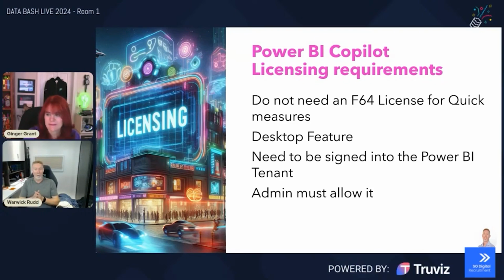The other thing we need to point out is that to access Copilot, you need to have your administrator whitelist your access to the environment inside of the Fabric admin. If you weren't aware of the changes in the licensing, there are blog posts and everything out there talking about when this is happening and what you need to do. Make sure you go and have a look at that so that you are covered.